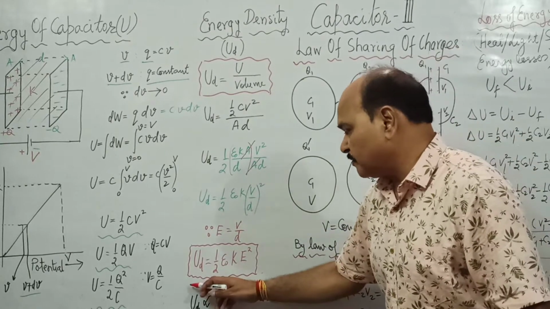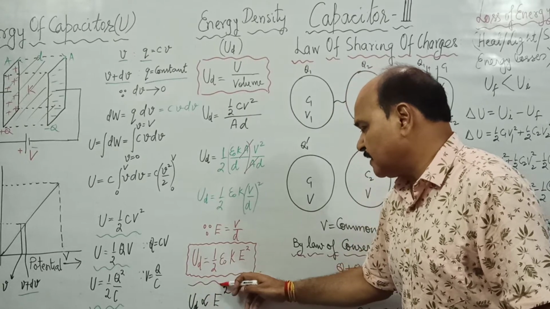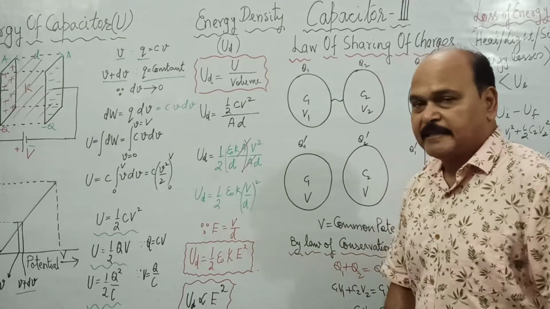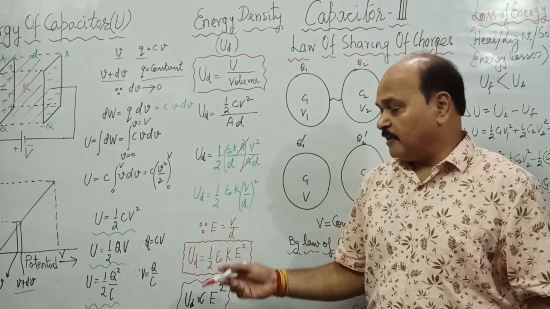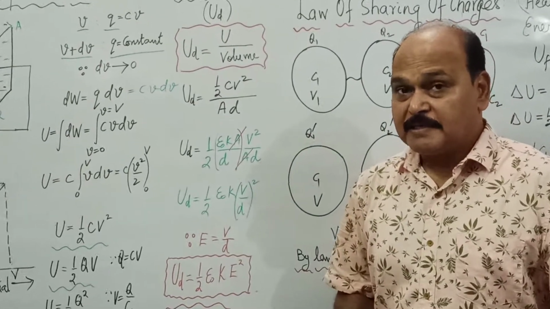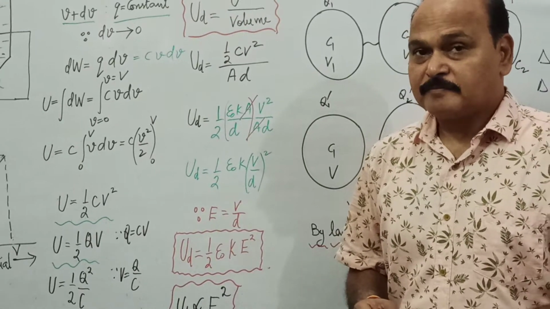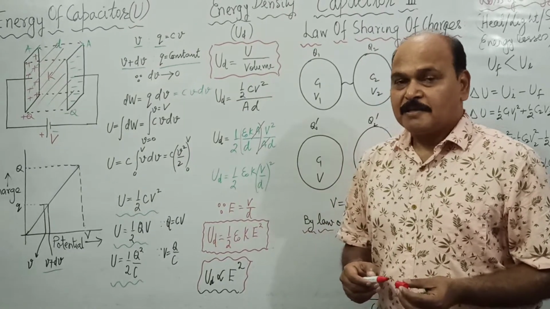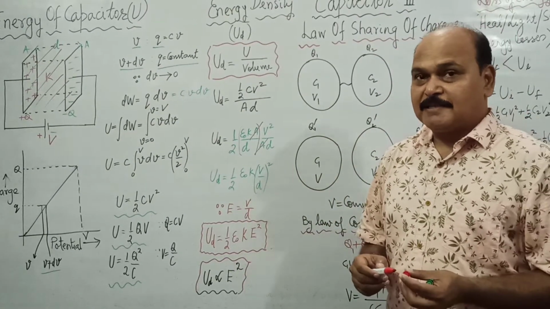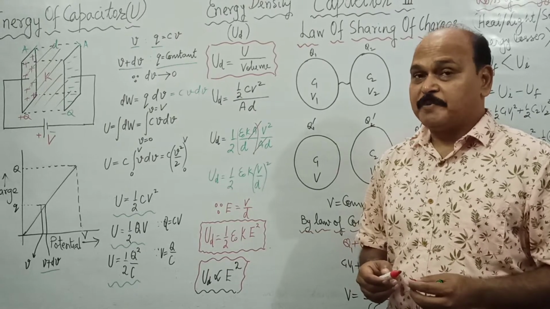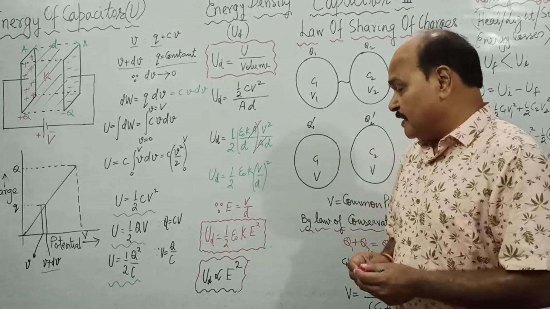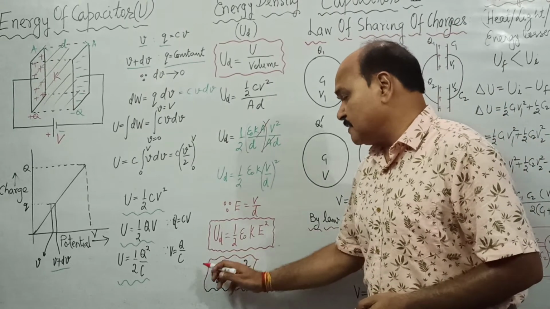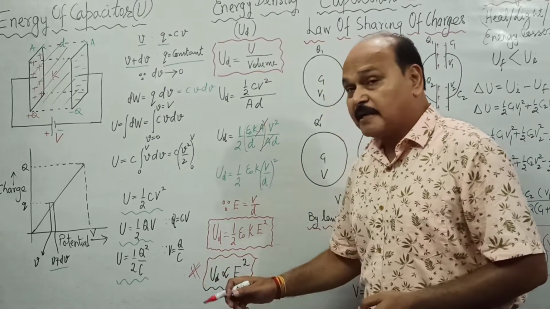What is important about this formula is the fact that energy density is directly proportional to square of electric field intensity. Well, electric field intensity is constant here, therefore energy density is also constant here. Wherever there is electric field, that region of electric field is energy space, and energy density, that is energy per unit volume in that space, is variable if E is variable. Remember, this is very important here. Energy density is directly proportional to square of electric field intensity.